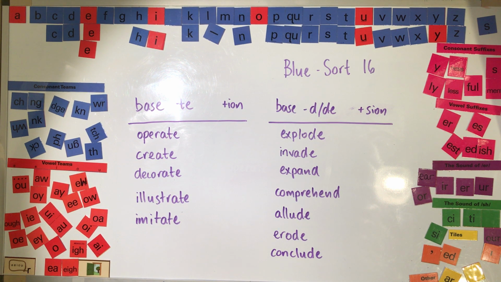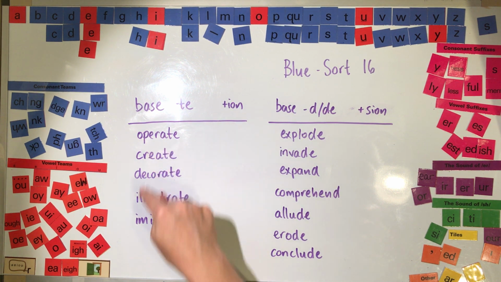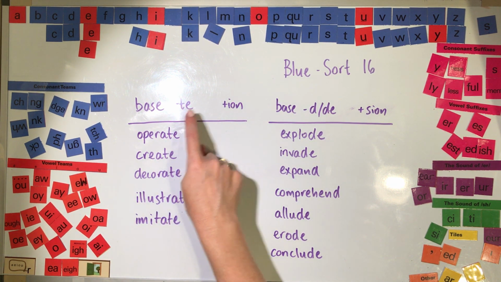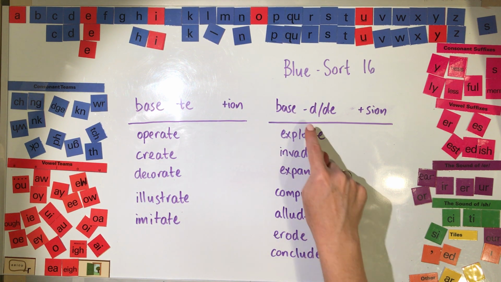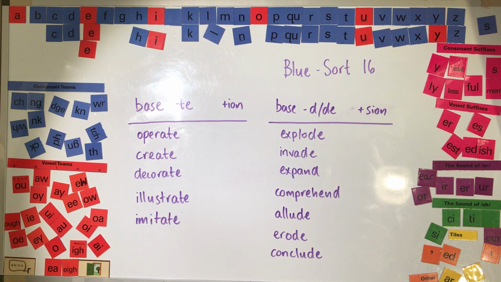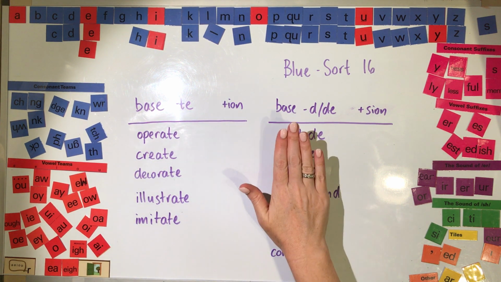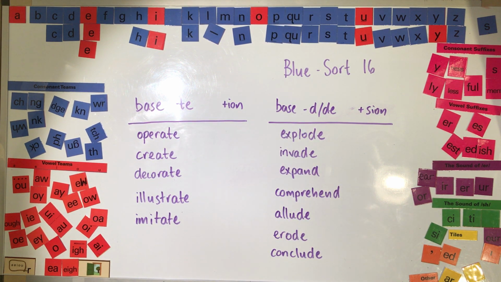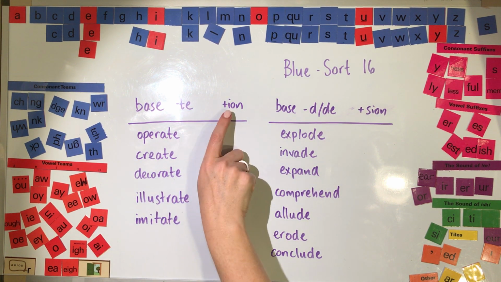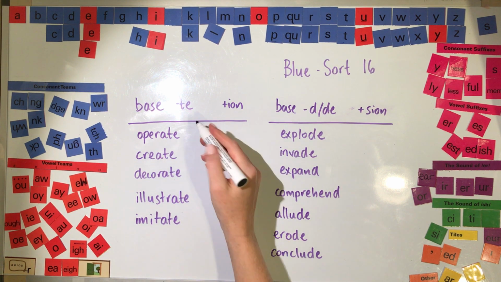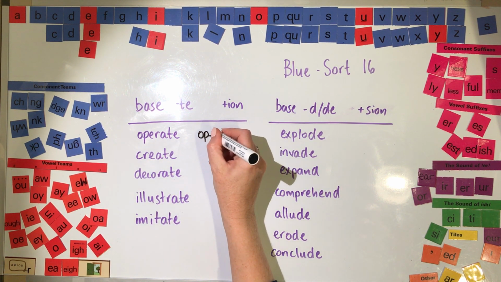And okay, so they are all our base words. So we've got 5 base TE words and we've got 7 base D/DE words. Okay, so let's apply our rule. So do you remember what the 2 rules are? There's a rule that applies to these words and there's a rule that applies to these words. So do you remember? Hopefully you remember that with these words, we drop the E when we add ION. So let's do that. So we will have operation,